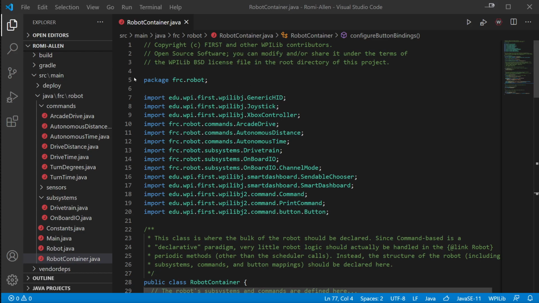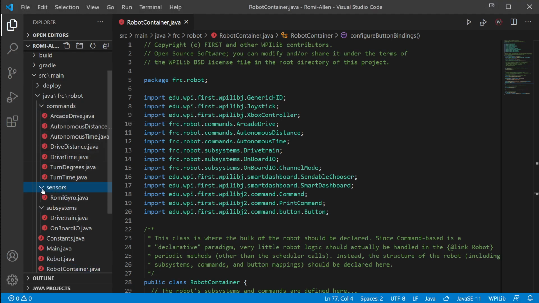with our robots. So the main structure of this program is just like it is on our competition robots. We have commands. They have a sensors folder that they've built. We normally call it drivers on our competition robot, but sensors works too. It's just any code that interfaces with some bit of hardware that we would need to use over and over again. So if we have a different